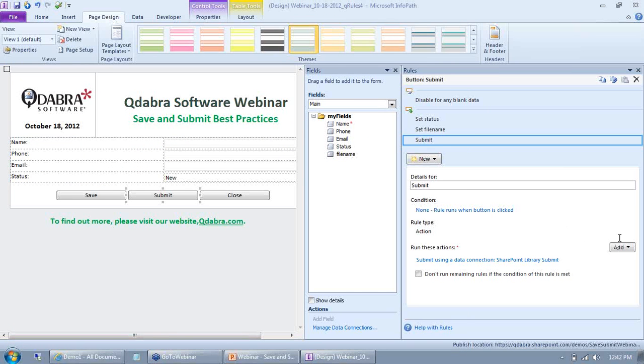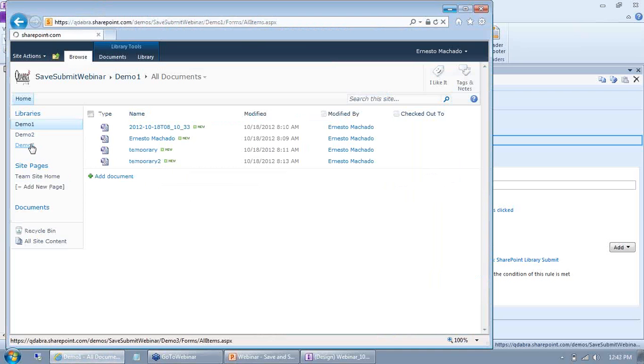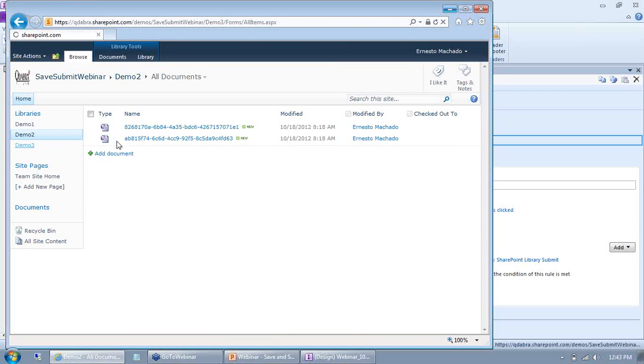Can we concatenate the ID column to the file name? Yeah, the file name can be anything you want. You're controlling the file name through rules on your form, so it's really up to you what you do. The problem with the ID field, and I think you're talking about the ID field that SharePoint automatically generates,